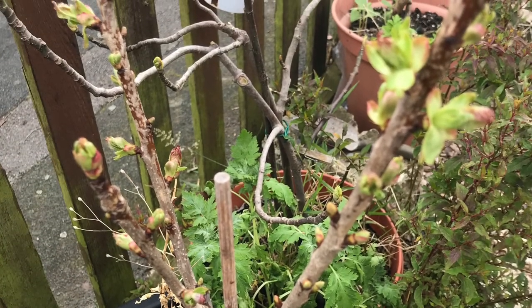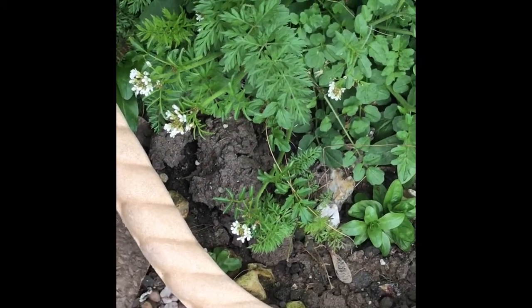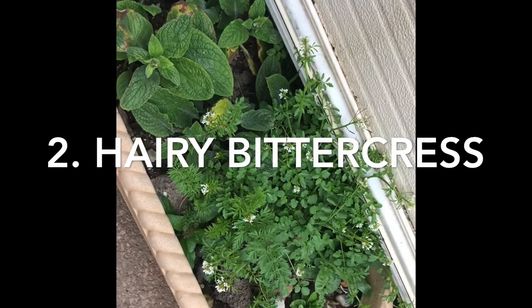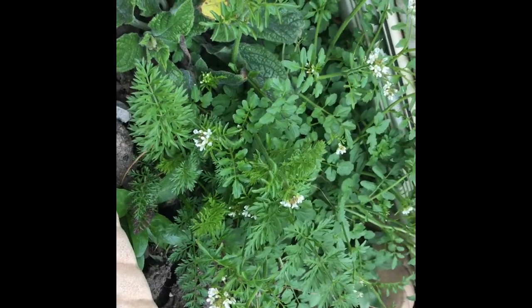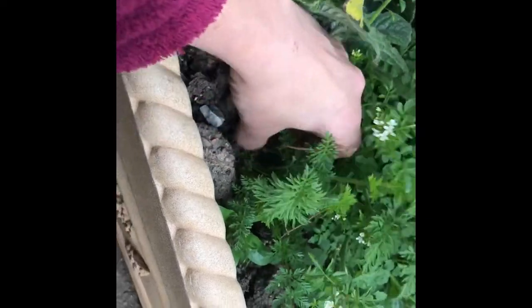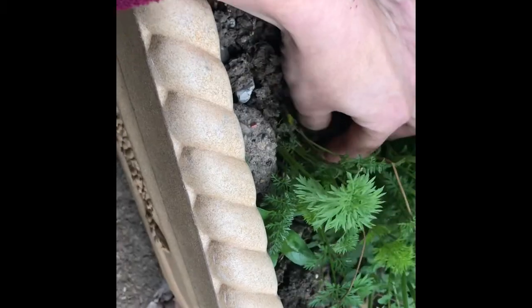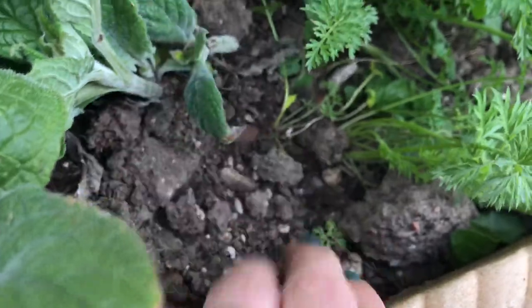And here is my beautiful cherry tree, which is finally coming back to life. So pleased with that. So we'll have another look at what's growing in the beds that we've got. Now, the carrots in there, I'm pretty sure are normal orange carrots. But we have some hairy bittercress, and that's coming into beautiful flower now, and we'll try to dig these out just to make sure that they are indeed orange carrots and not wild carrots or Queen Anne's lace. But as you can see, they are very orange, so we will leave them alone